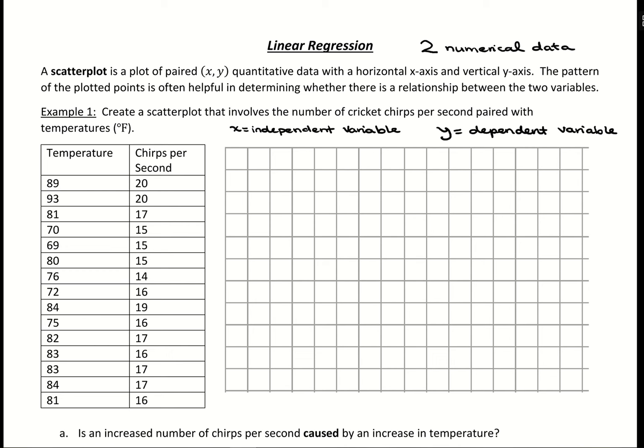So what we're going to look at is this data with crickets, and what they did is they recorded the temperature outside and the chirps per second. So to get an idea of this independent and dependent variable, if we think about temperature and what it depends on, is that going to depend on the chirps per second of some crickets? Probably not. The temperature is probably working on its own, whereas looking the other way around, could chirps per second be dependent on temperature? Well, that's something we can investigate here to see if there is a relationship where maybe the chirps change based